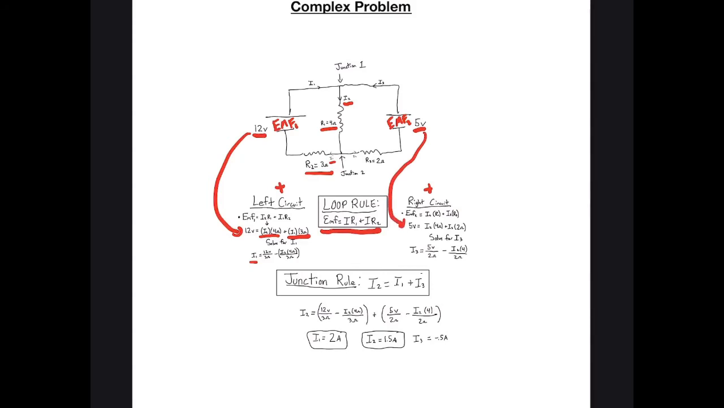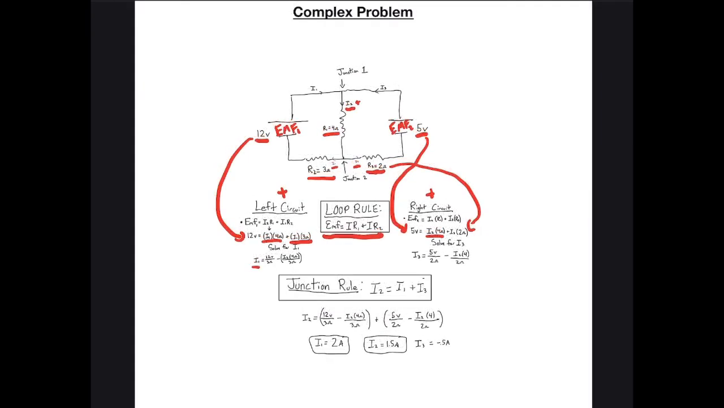Just the same, the I2, or the second current, is going across a resistor of 4 ohms, which we stick here. And then I3, which is here, goes across a resistor of 2 ohms, and we stick that right there. Then we're going to be solving for I3. After we've solved for I3, we can take our I1 value, which we find here, and our I3 value, which we find here,